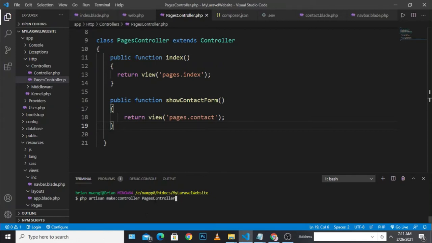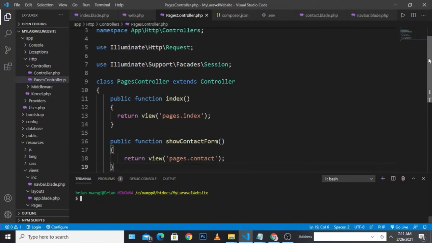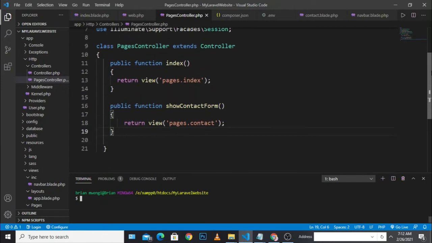Once you hit this, you should be able to come up with this particular PagesController.php file, and then you're good to go. So just type the command. You can name it whichever way you want, it depends on which application you are making. Once you have such a file, it's going to come with some boilerplate code so that we can begin